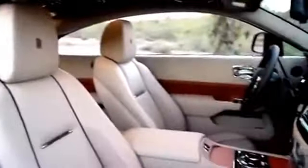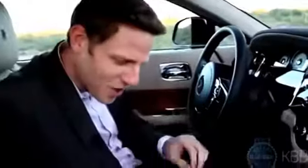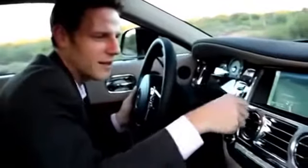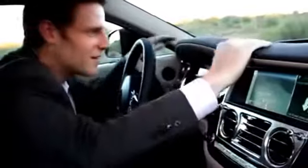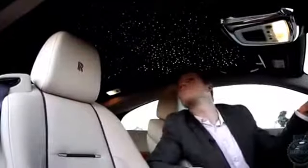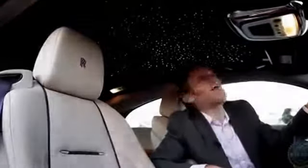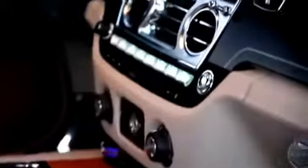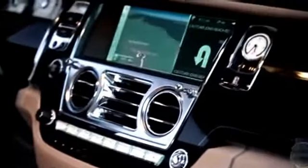The interior is properly luxurious. There's a ton of leather everywhere, and this wood is fantastic. It looks kind of modern, and it's so intricate. I just love the craftsmanship. Organ-style pulls. Everything is metal. It's beautiful! With the Wraith aimed at a younger buyer, Rolls-Royce wisely included a modern infotainment system, controlled by this